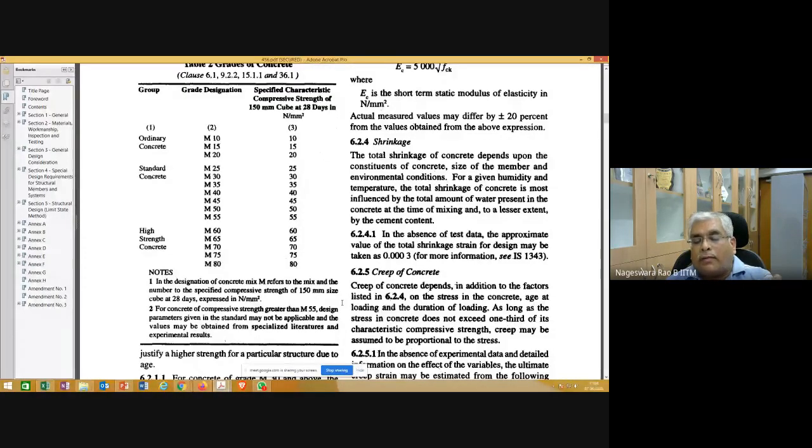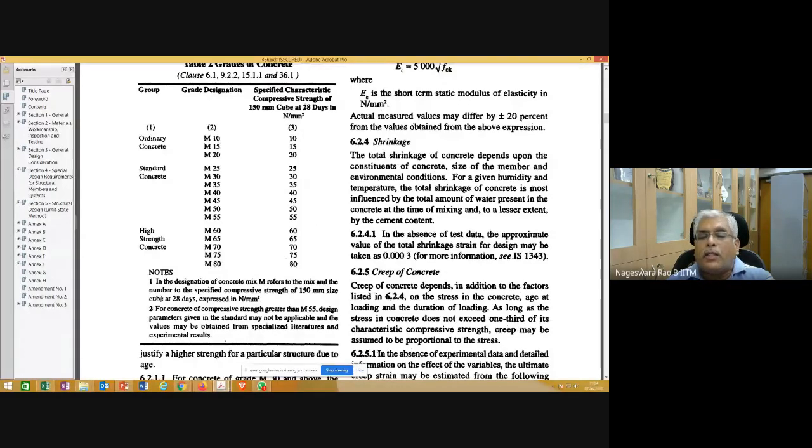And whatever I already explained to you is what is written here in the notes. In the designation of concrete mix, M refers to the mix and the number to the specified compressive strength of 150 mm size cube. The cube should be 150 mm by 150 mm by 150 mm. It should be square in cross section, 150 mm by 150 mm, and the height should be 150 mm.